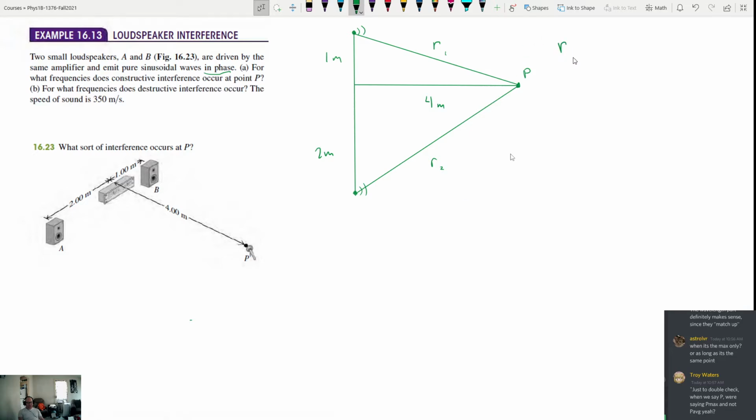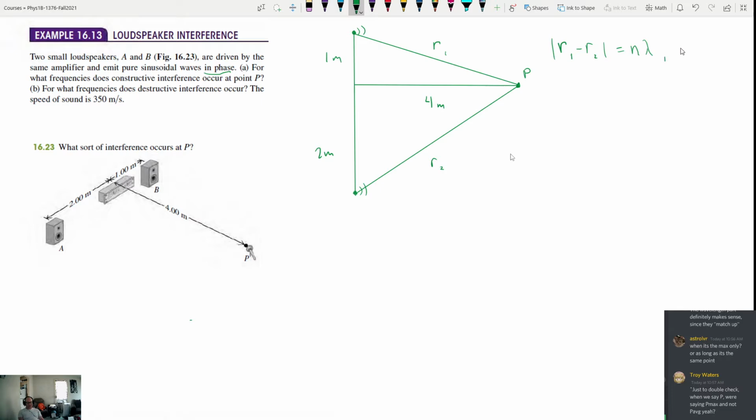To get constructive interference, what we said was that if we take the absolute value of R1 minus R2, this should be equal to 0 or lambda or 2 lambda, etc. Or just in general, n times lambda. So we'll just put in here n lambda, whole number multiples of the wavelength. In this case, we know what R2 and R1 are, and we want to solve for lambda,